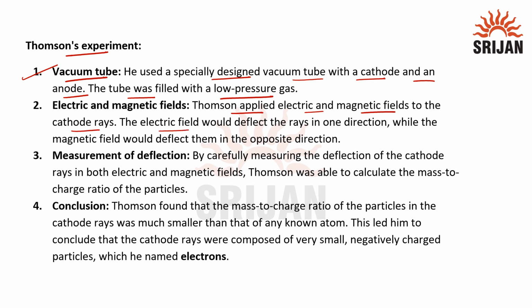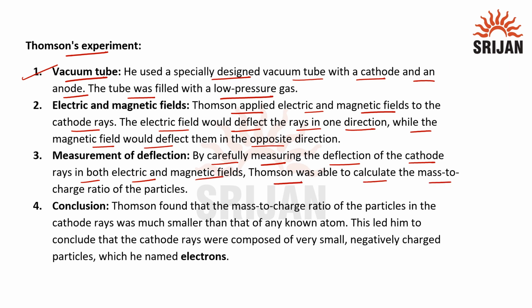The electric field would deflect the rays in one direction while the magnetic field would deflect them in the opposite direction. By carefully measuring the deflection of cathode rays in both electric and magnetic fields, Thomson was able to calculate